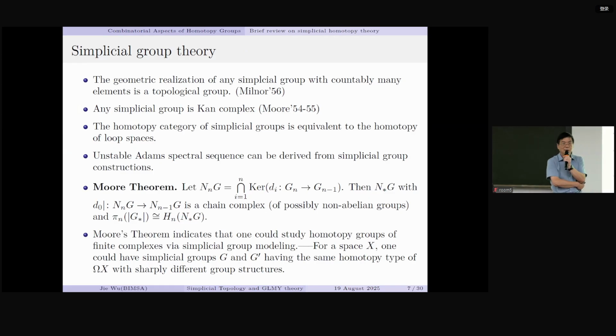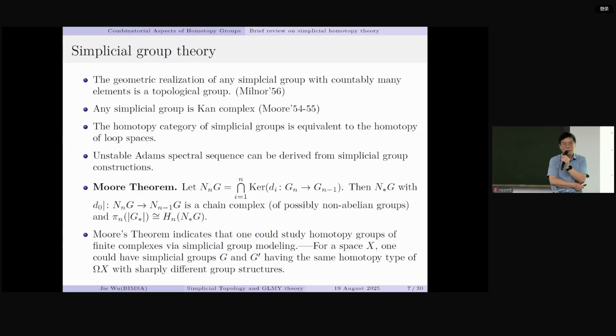So you try to identify the E1 term, the so-called lambda algebra, and the E2 term, which will be the Ext groups of unstable modules over the Steenrod algebra. And the infinity term will be the convergence theory. You have to see the homotopy groups there. And as you see, it could happen that for one space, the same homotopy type, you have a totally different simplicial group version in terms of groups. For example, I can get a simplicial group where each dimension-wise group is given by perfect